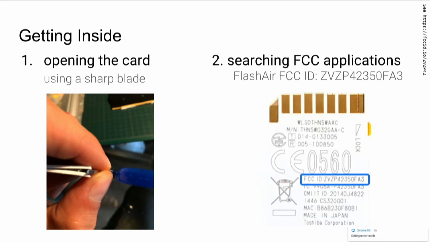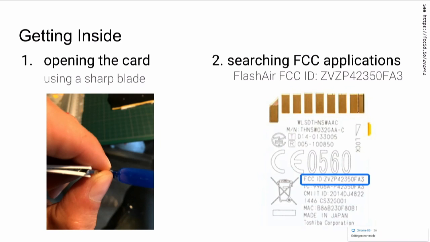So to do so, of course, you can remove the plastic enclosure of the card with a sharp blade, or because this card is using Wi-Fi, we can look for the FCC ID. So the FCC ID for the W03 is on the back of the card. It starts with ZVP42. That's a nice number. And the best solution here is to go to the FCC-ID.io website in order to retrieve FCC applications. Again, you have the link here on the right.